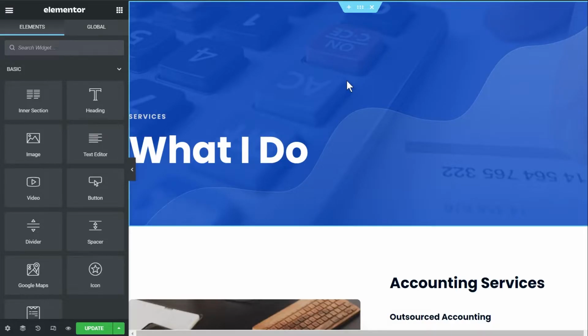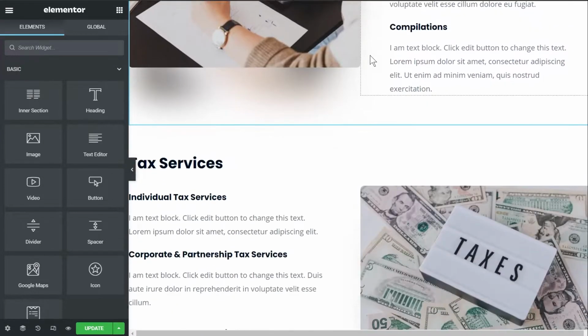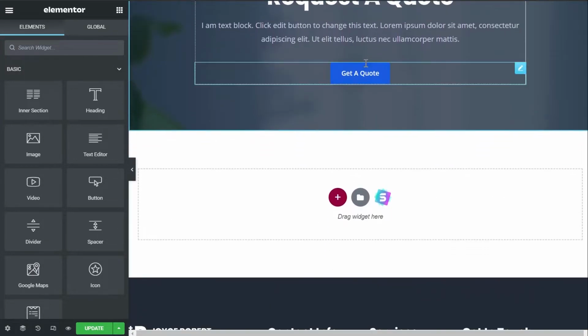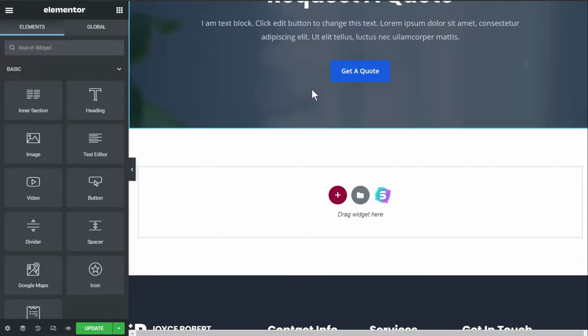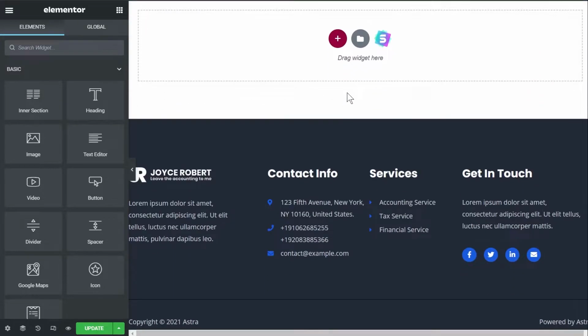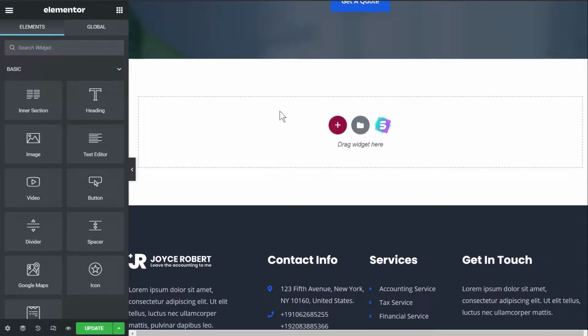So the services page is now open inside Elementor, and let's quickly check the page and see where we can reasonably place the FAQ block, or the frequently asked questions. I'd say just below the call to action to get a quote seems reasonable to me. This is a great place to add some frequently asked questions.